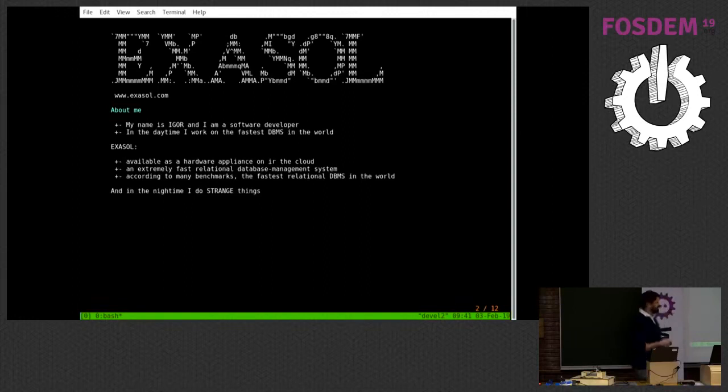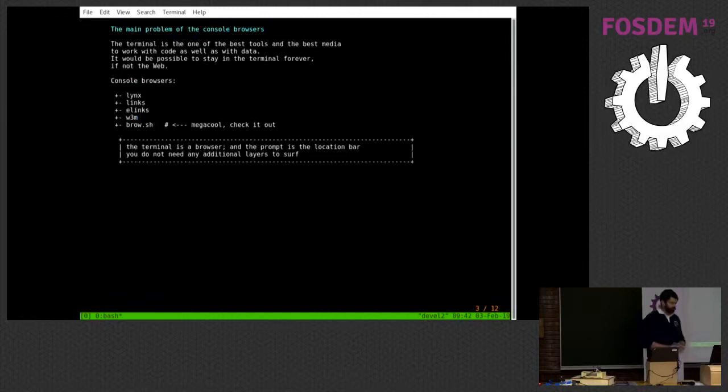But today I want to speak with you not about how you can analyze data as quickly as possible, but how you can use data as quickly as possible. And for me, the best tool for that is the terminal. The terminal is the best tool to analyze data and to use data, as well as code. We have plenty of tools that run in terminals: shells, editors, mail clients, instant messengers, and so on. For each and every task, you have one tool or many tools in the terminal, and they are usually